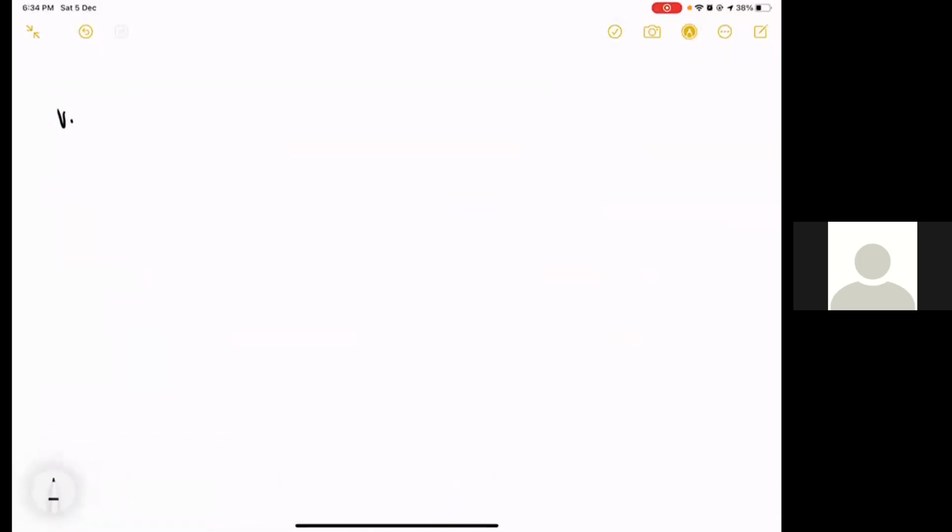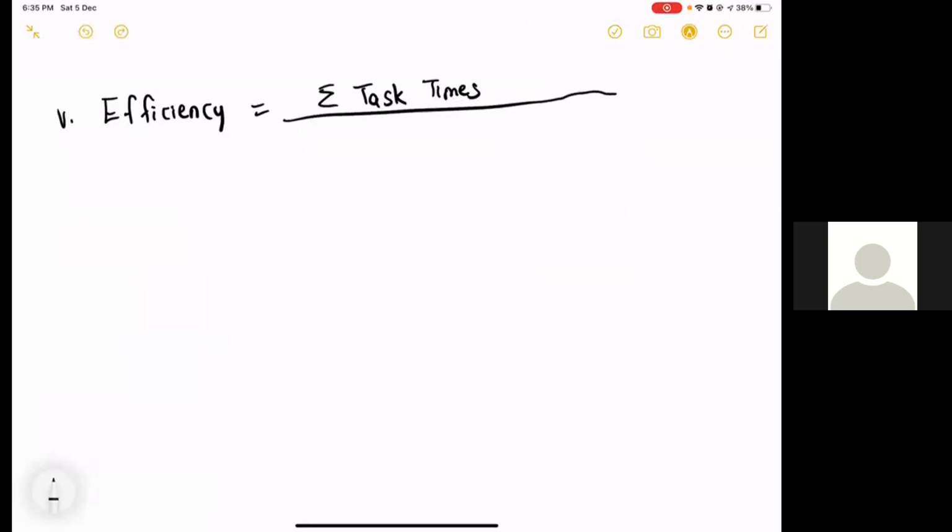So efficiency is calculated as the sum of the task times divided by